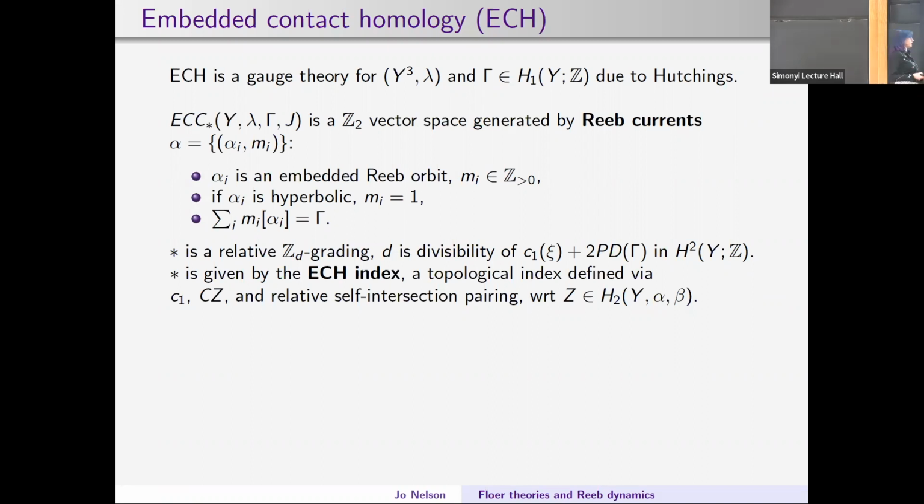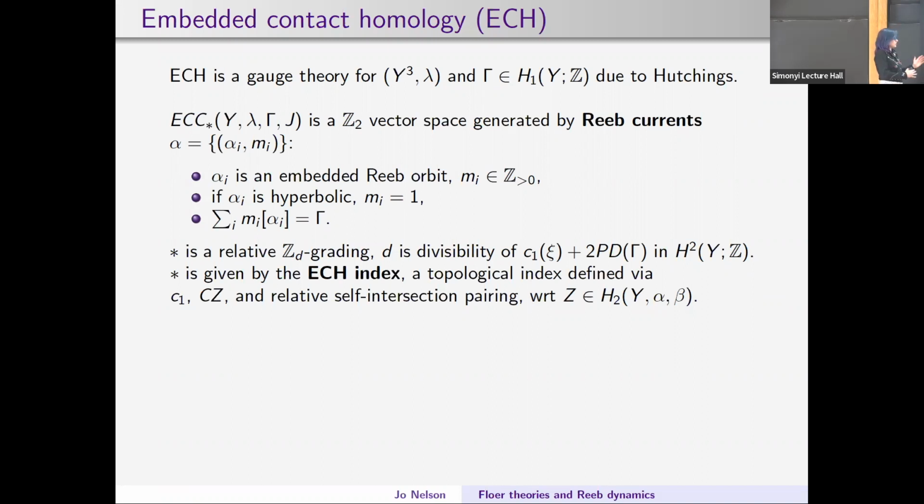And then the new ingredient that you see in the ECH index, which isn't present in the Fredholm index description of a J-holomorphic curve, is the relative self-intersection pairing. And it turns out that the ECH index just depends on the choice of a relative second homology class, which is also distinct from when you think about the Fredholm index, especially if you're just thinking about the index associated